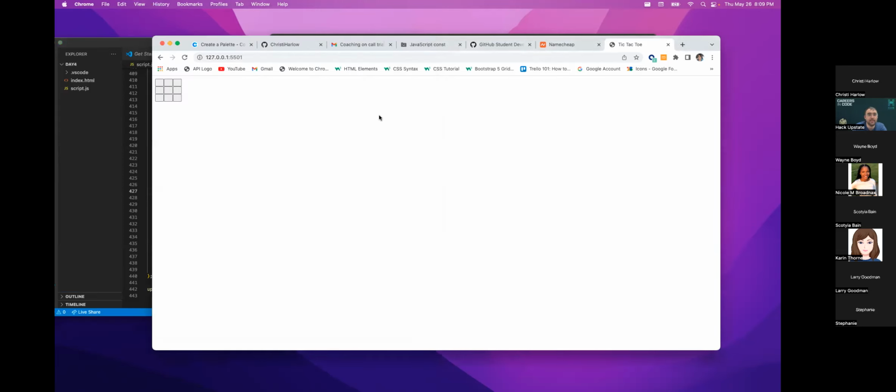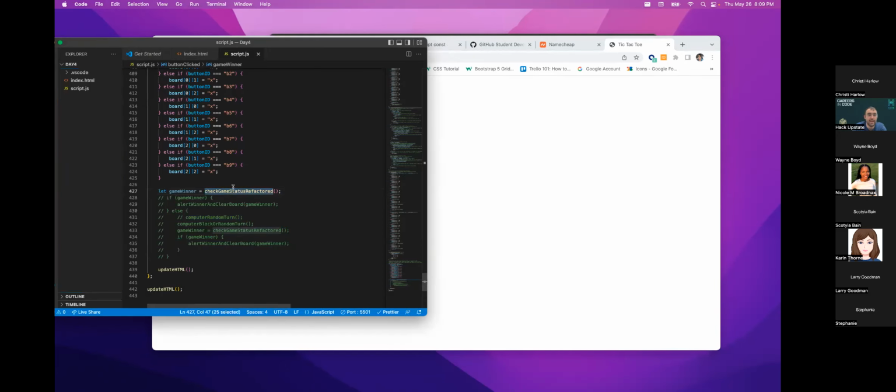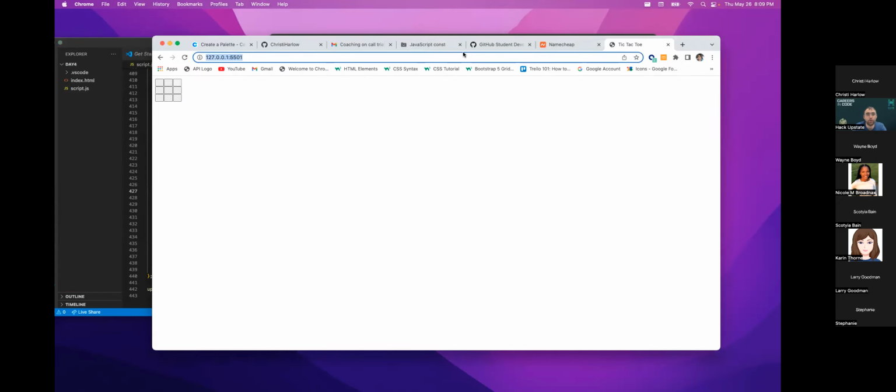So we save that in there, we come back here, we refresh, and we click somewhere, and all of a sudden our X is broke. So that means we know our problem has to be in here, because if it were anywhere else, commenting that out means all of a sudden it starts working again.